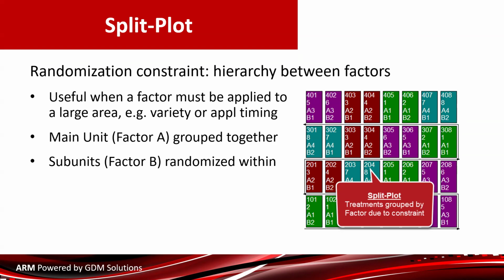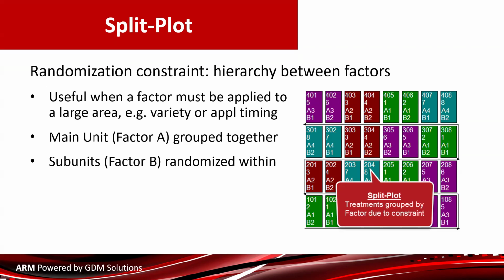The timing is another good one. If I have to do planting or treatment application at different times, obviously very hard to randomize with that as well. So having everything grouped is when the split plot comes into play. So we're just having to limit our randomization a little bit. But if we at least do it systematically, we can adjust the analysis appropriately based on that pattern, that constraint we had to do. So the factor A